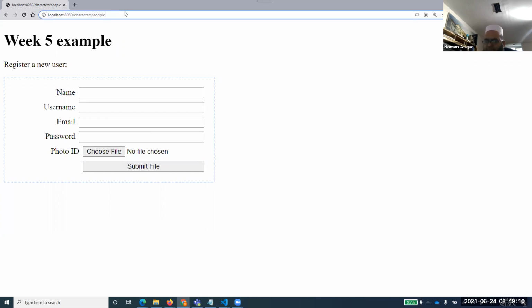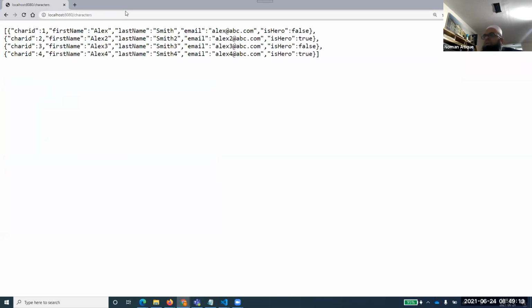Now what we are doing today, just to start with, is working on the handlebars. The first thing we want to do is make this an HTML page. I hope you understand this is not an HTML page. This is JSON data being thrown to us. We are looking at JSON data, showing us this char ID and first name and all those things in comma separated values, or the JSON format.